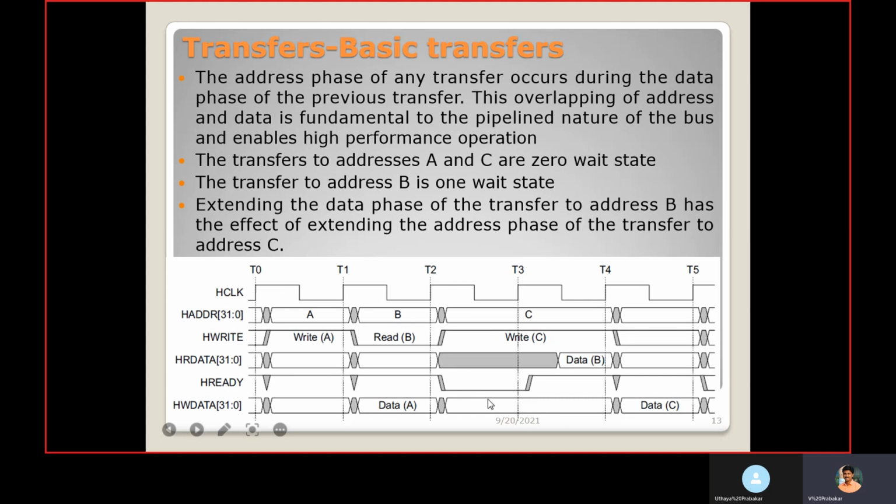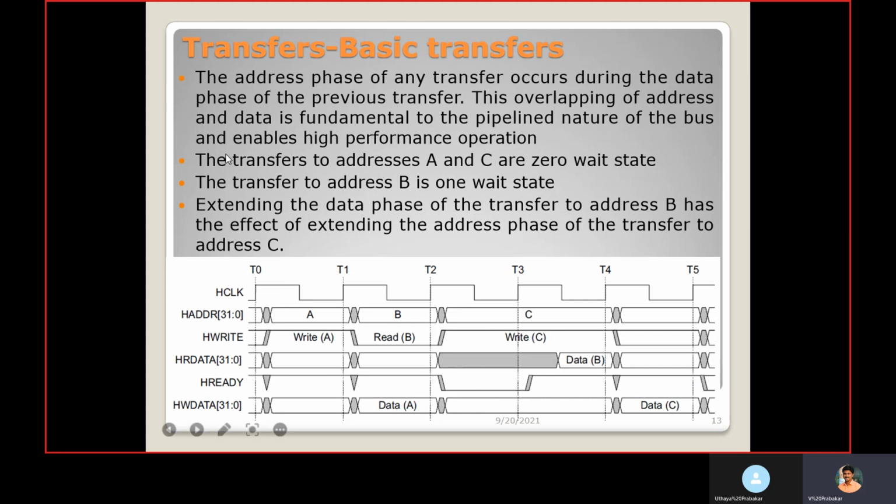At the same time for C, it is the address phase. For the C address, I want to perform a write. So it will wait until HREADY becomes 1. Here it will consider that for the C address, I need to perform a write operation. Then in the next cycle, this is the data phase for C. It is nothing but a write operation, so we need to pass data for C through HWDATA. Here HREADY is 1, so it will capture this corresponding data and put it in location C.